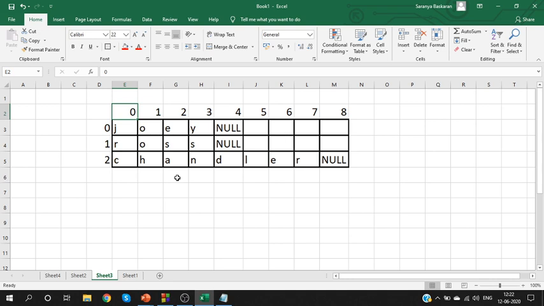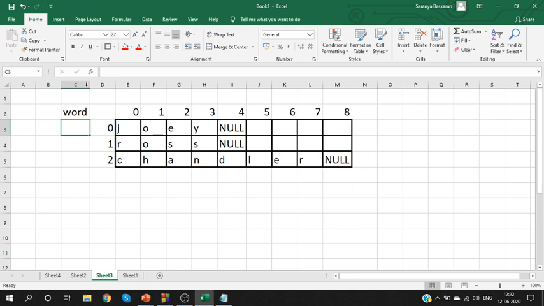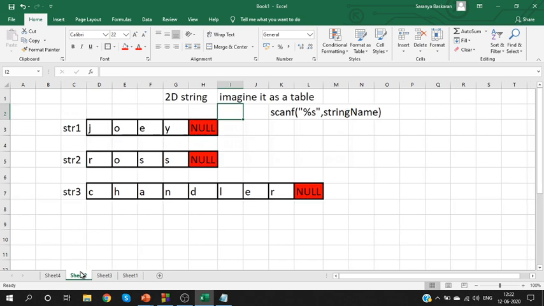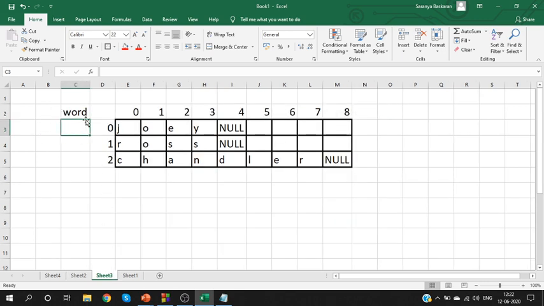So how will I identify this? I'm going to name this table as word, since it is storing the words. If you want to access Joey, previously we would use only the string name. Here, if you use just word, that is not sufficient. You should say which string.